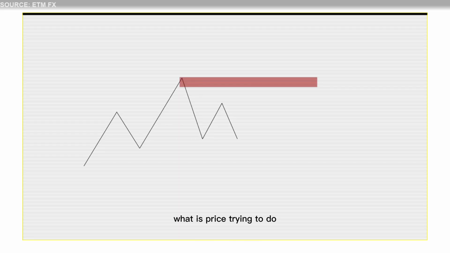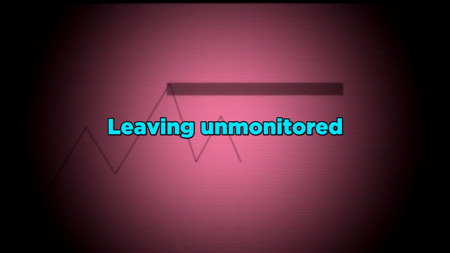It is trying to entice you into taking a position, trying to force you into abandoning your point of interest, as if price is not going to reach that level. Price comes back, reacts from that same level and rejects, forming liquidity, engineering liquidity. They're trying to entice you into taking a short before price actually takes the liquidity, goes to your point of interest and reacts. Leaving unmonitored